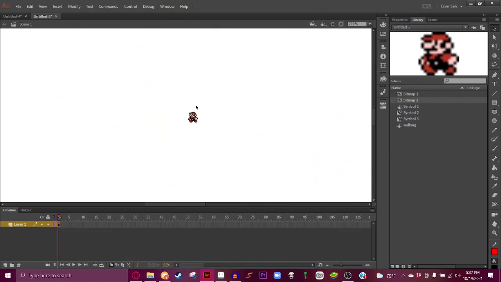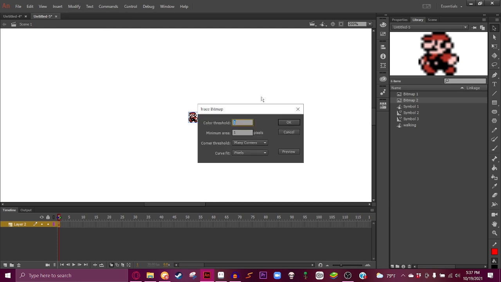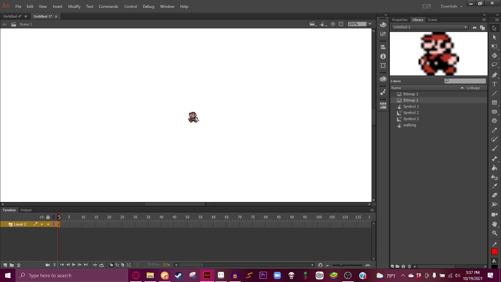Alright, so we've gone over most of the basics. We've gone over the different types of frames. We've gone over how to make a symbol, the difference between a graphic and a movie clip, and we've gone over what both the tweens do. I should also mention that motion tweens can also ease in and out, along with rotating the sprites upon their axis. Anyways, the last thing I'm going to show in this video, for this, you'll need to have a bitmap